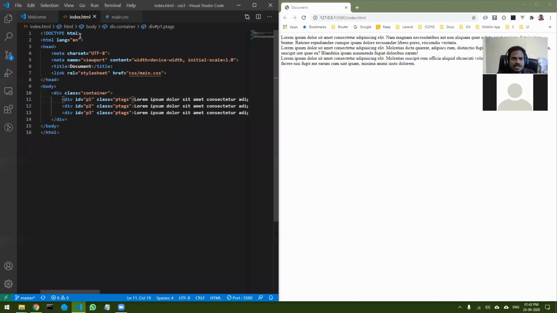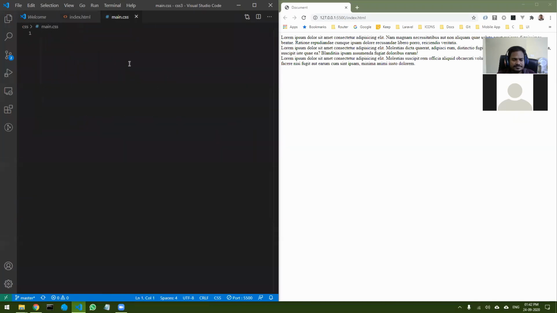Now I can start selecting the elements. The first thing that I would like to do is I want to see the different divs separately. So let's try that. P1, it's an ID, right? So I should use hash p1.